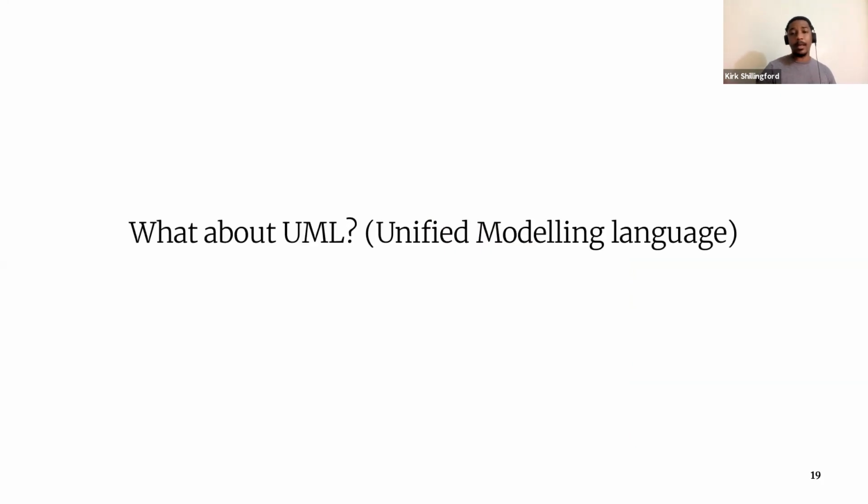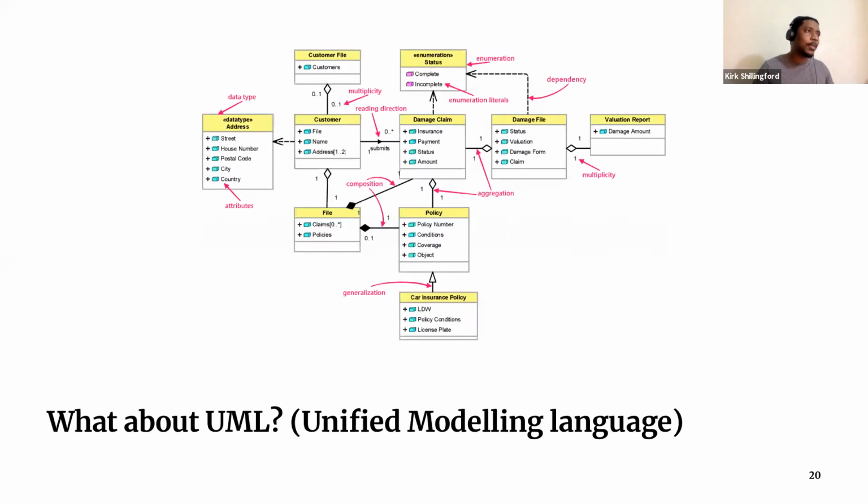What about UML? For those who are not aware, UML, Unified Modeling Language, is basically a visualization tool created for examining code objects. And when people bring up UML, I usually say, well, what about UML? I don't actually have a big issue with UML, but UML is designed for enterprise level object-oriented systems, and I don't actually think it's very appropriate for languages like JavaScript with first-class functions or declarative frameworks like React, which already have better solutions. This is great for understanding the objects in a code base, but